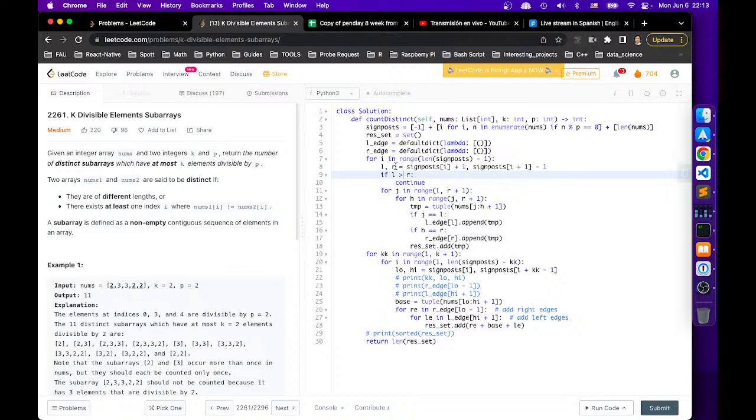That just means that the island has only one element, which is fine. So it has to be larger than, right? And then we just go L to R and then J to R, right? And then we're gonna find the tuple. We call it a temp, right? A tuple. So this tuple represents all the